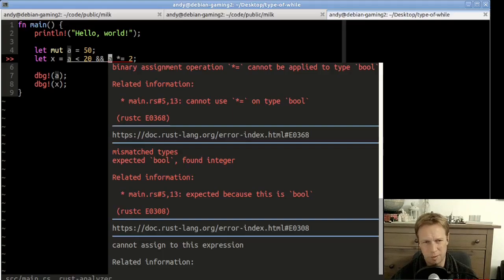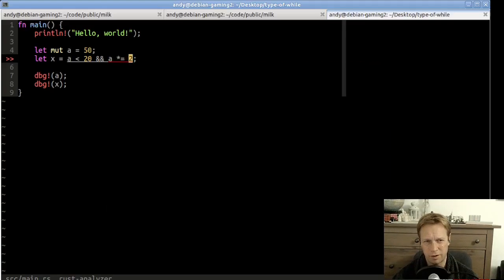Which maybe we can't, so maybe this is fine. Anyway, you could imagine this side effect only happening if a was less than 20 or if a was greater than 20 or something like that. So that's really a deviation. Point is, the type of a